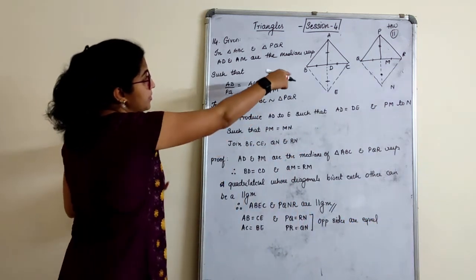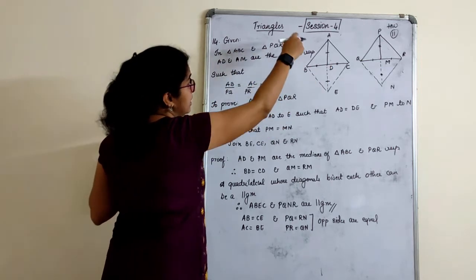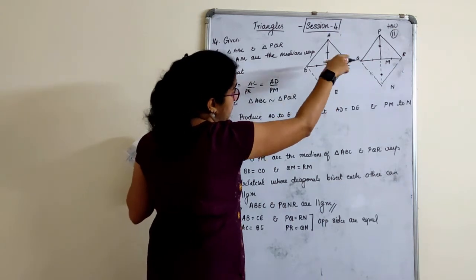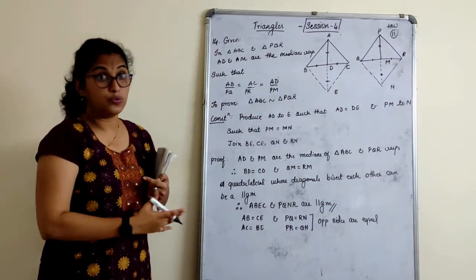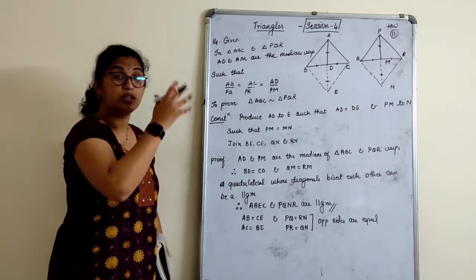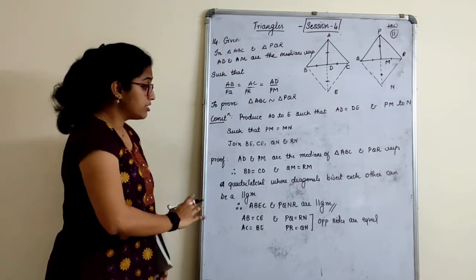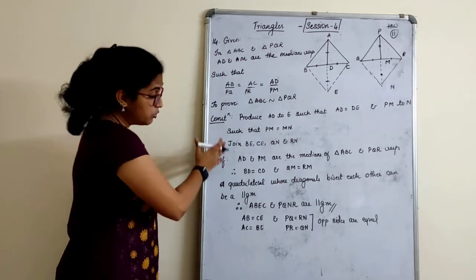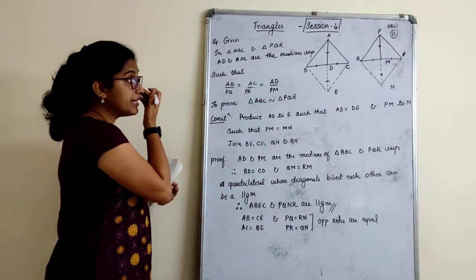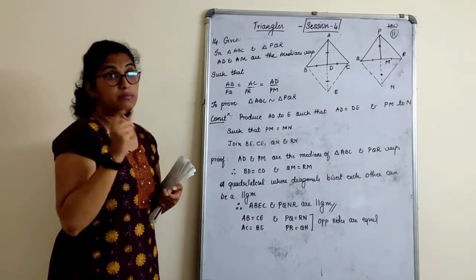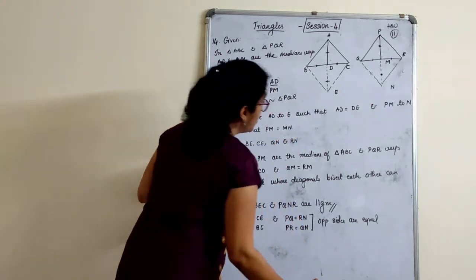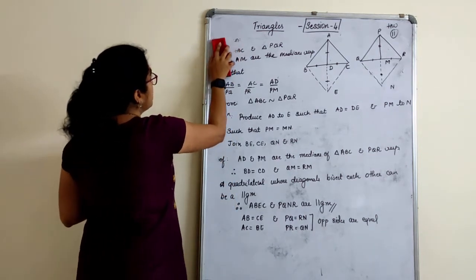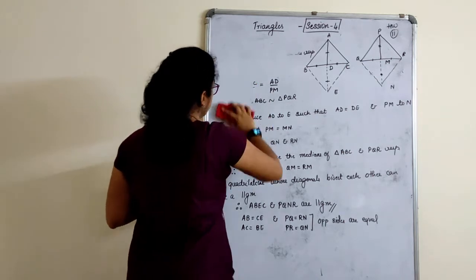You've written correctly. So AB is equal to CE, AC is equal to BE, and here PQ is equal to RN and PR is equal to QN. I hope it is very clear till here. We have not even touched the solving part actually. This is only the conditions we had to fulfill before we start with the sum. I am going to erase this now and start with the actual sum for the proof part, because I require lots of space to write it.